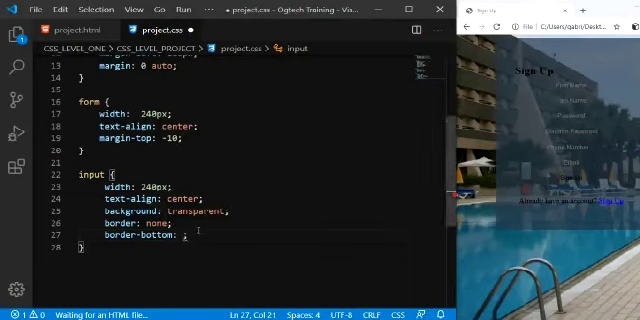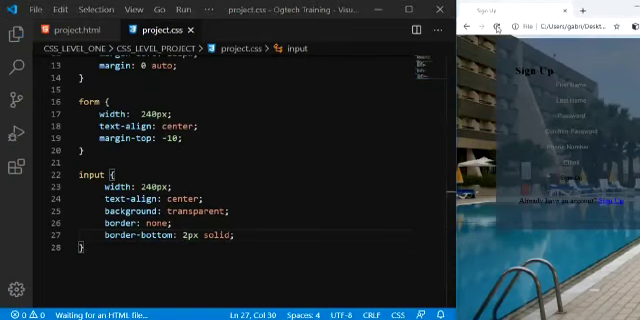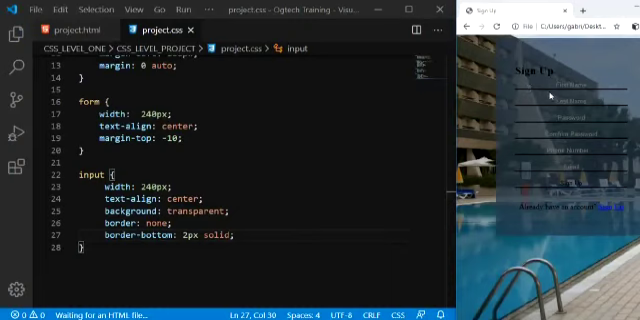So I'm going to say a border bottom. I'll give it 2 pixels, and I want it to be solid, right? If I save this and I refresh, can you see that there's a bottom now? 2 pixels solid, but this is currently black. The default color is black, but what we have here